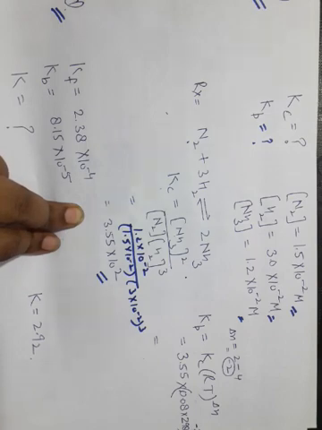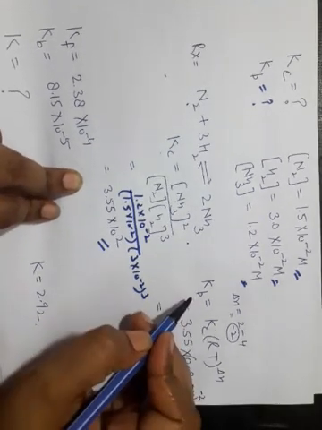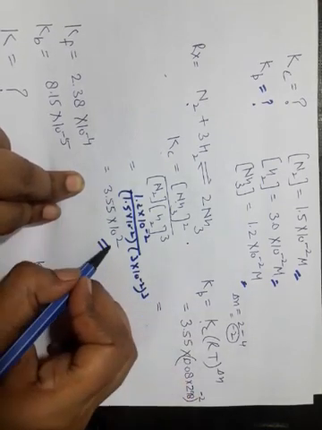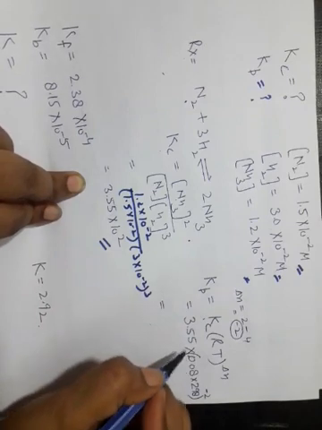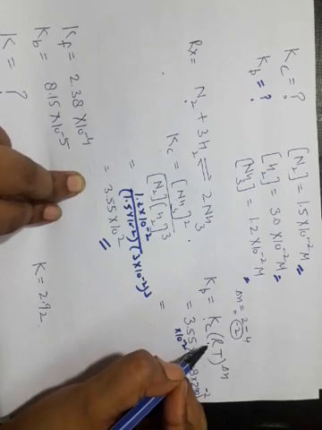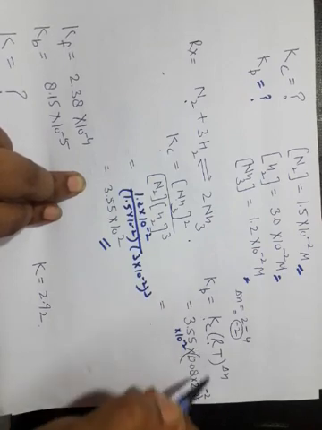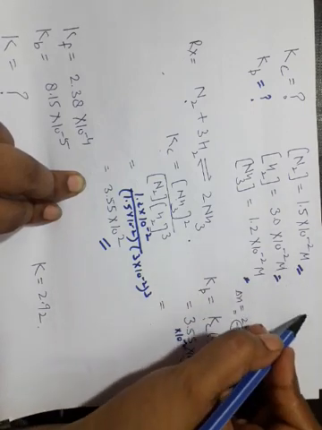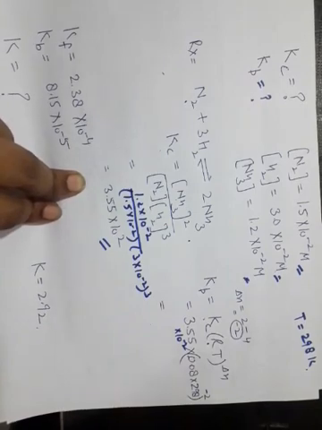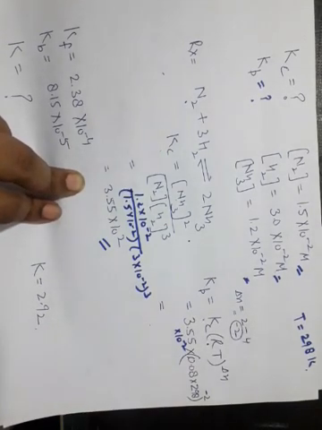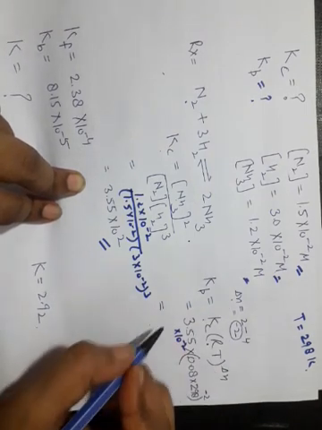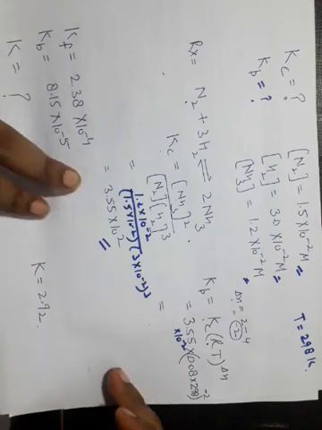Now we have to calculate the Kp also. So write down the formula of the derivation. Kp is equal to Kc (RT) to the power delta n. Kc is 3.5 into 10 to the power 2, into gas constant. The value of gas constant is 0.08. Temperature, if the temperature is not given, always take it as 298 Kelvin. We are considering that this reaction is taking place at room temperature, that is 25 degree centigrade. And the value of delta n is minus 2. So place the values and find out your answer.